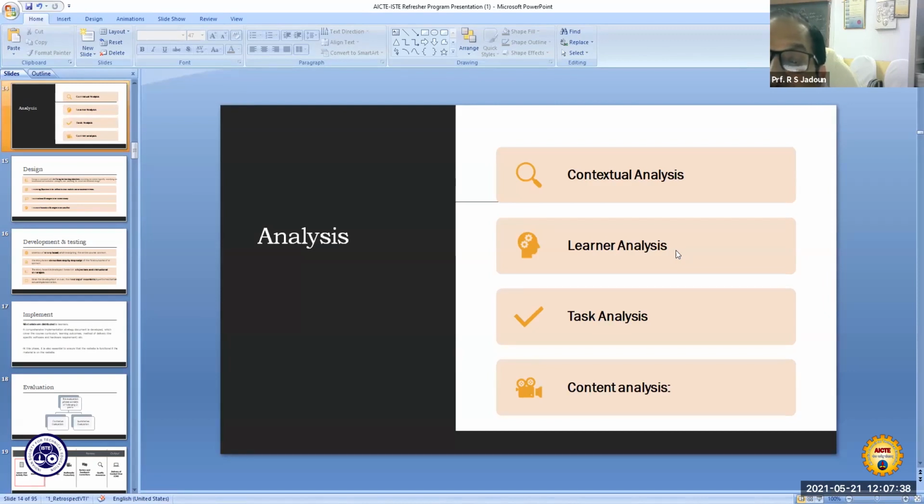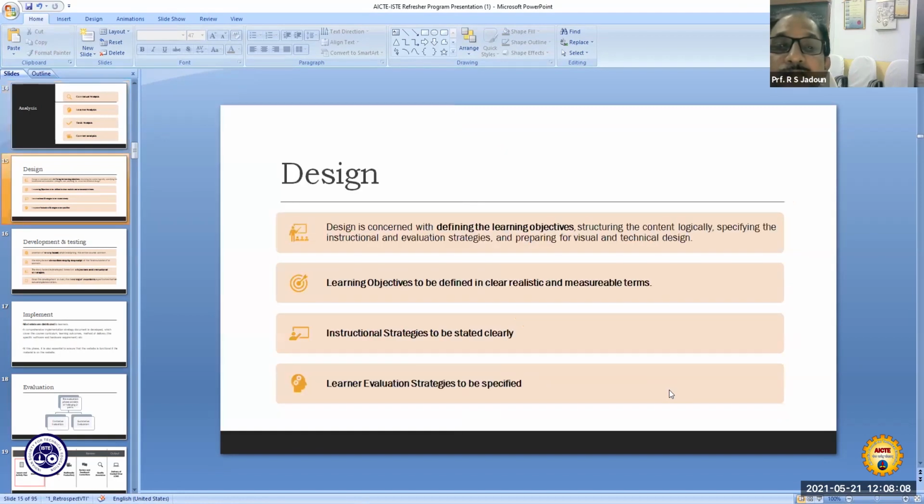All that analysis needs to be done, and finally the task analysis: what tasks to be included in your content so that the learner is very comfortable in understanding what you want the learner to understand. And finally, the developed content is also to be analyzed with a view to whether what you had planned in the beginning is fulfilled or not. After this complete analysis, we will enter the next phase, that is the design phase.